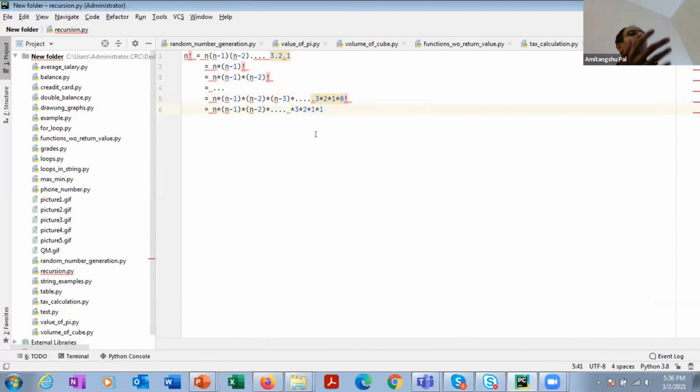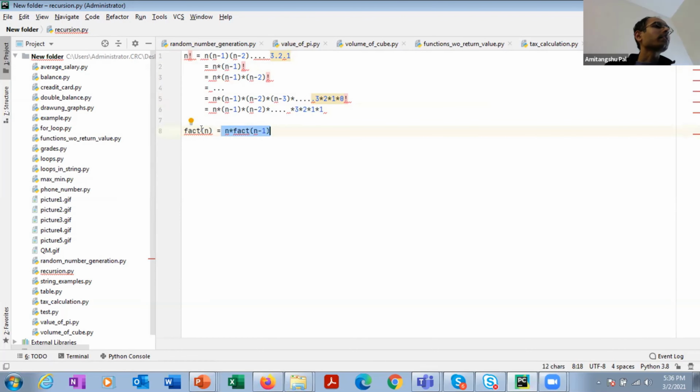Okay, so here we can see that factorial n is calling factorial of n minus 1, which is calling factorial of n minus 2. So one function is calling the same function. Okay, if I write it in the form of a function, that is a function factorial of n, then we can see that this is calling factorial of n minus 1. Okay, here I am writing the same thing but in a function format.